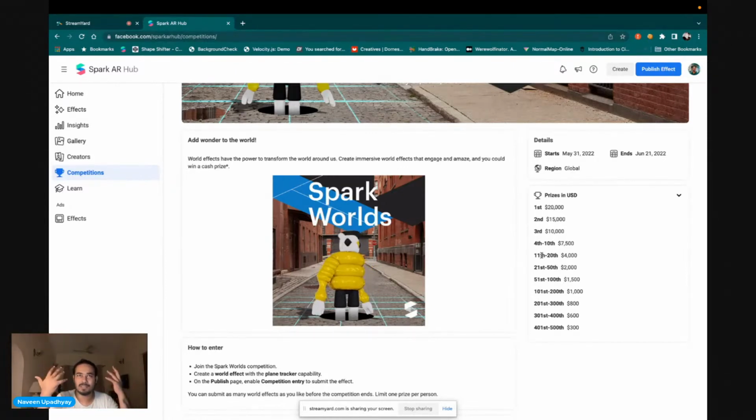Sometimes it just doesn't make sense for us, because as a creator we want our imagination to be there, because the way we think about AR, maybe our clients may not be able to do that. But in these competitions and hackathons, you can. Your region is global, and your work is going to be visible to the entire community out there. There are a lot of prizes, like $20,000, $50,000, $10,000. Even if you're at 500th place, you get like $300.